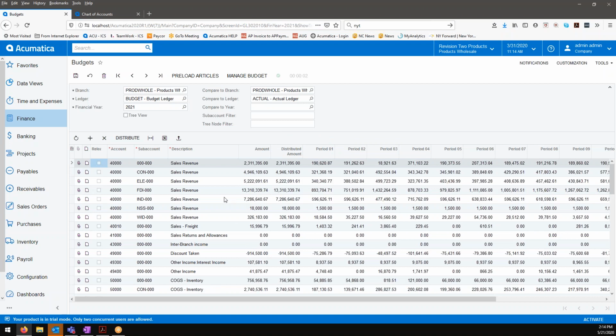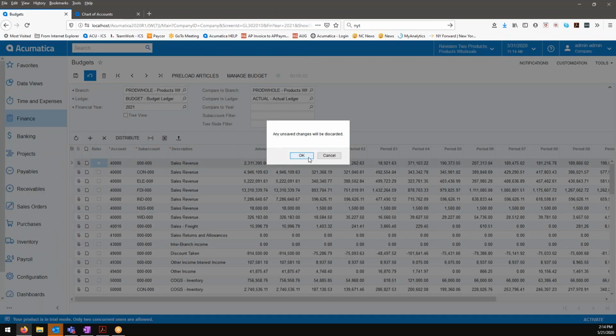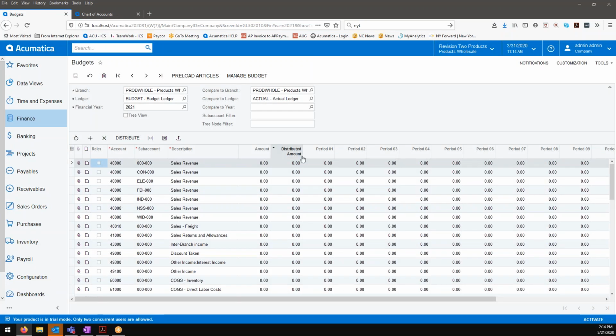Come in and let that build. And now I have my budget inside Acumatica. At this point, I can save it. I can go and release it, and I would be able to use this for some reporting. The other option we have, I'm just going to go ahead and discard those changes for now, is again,